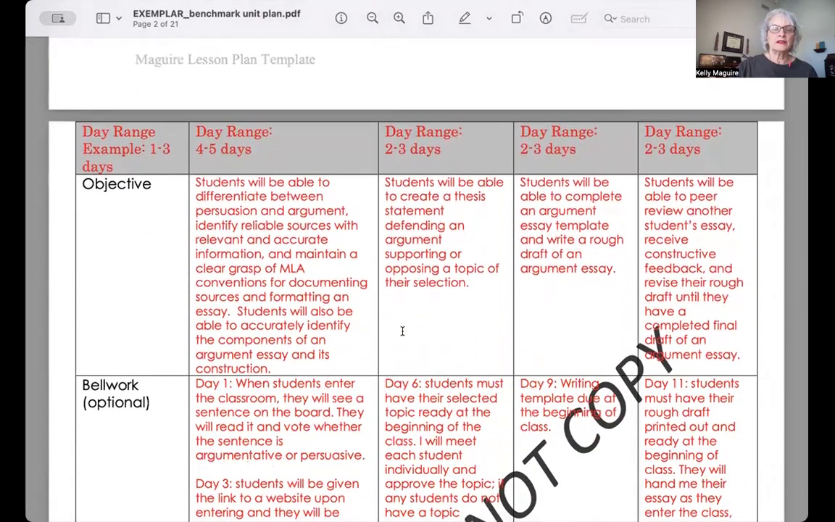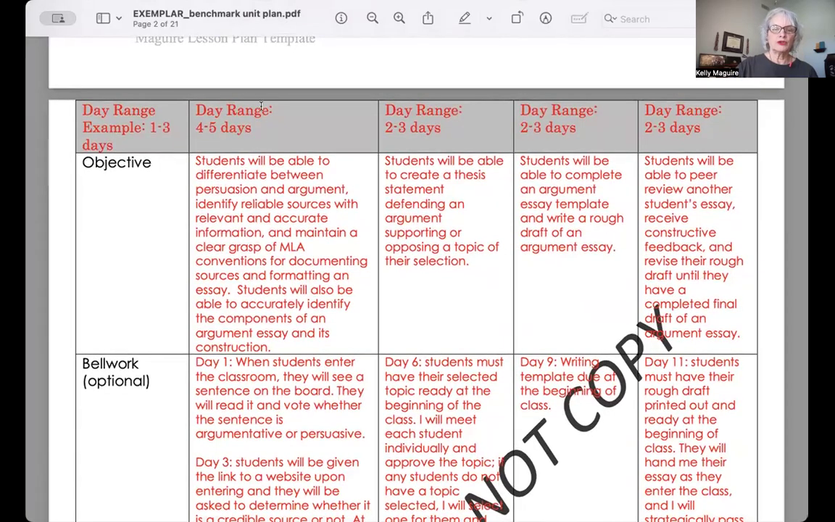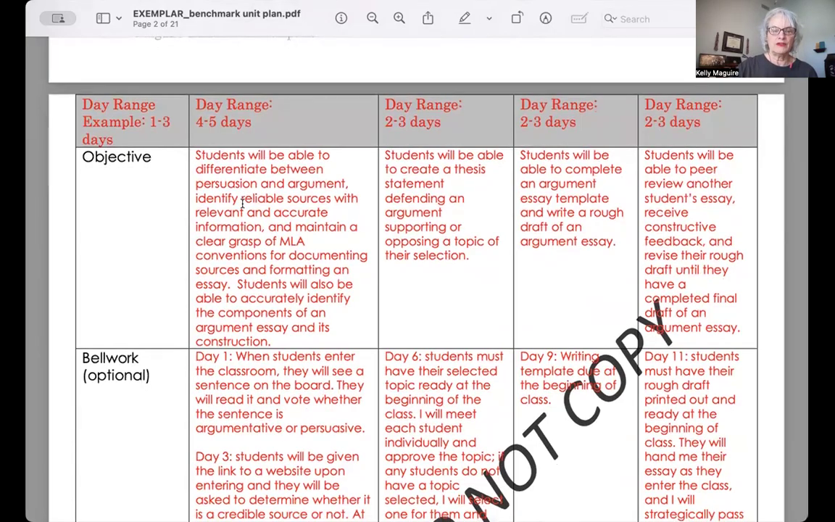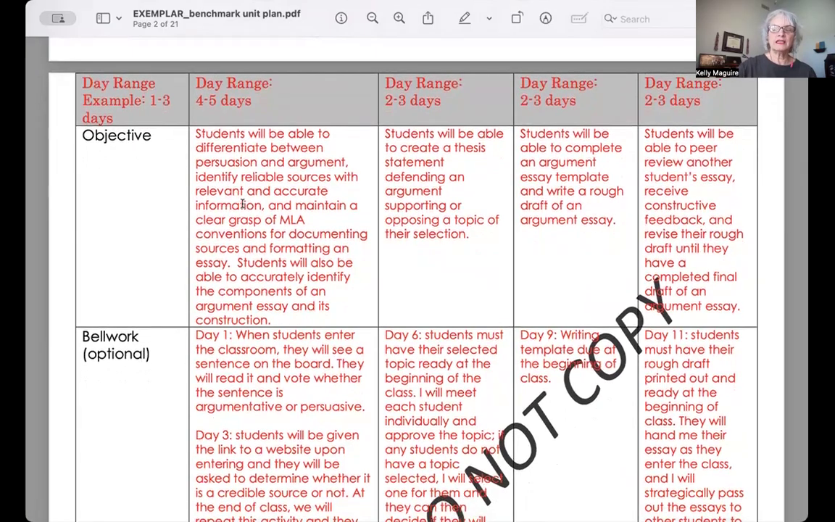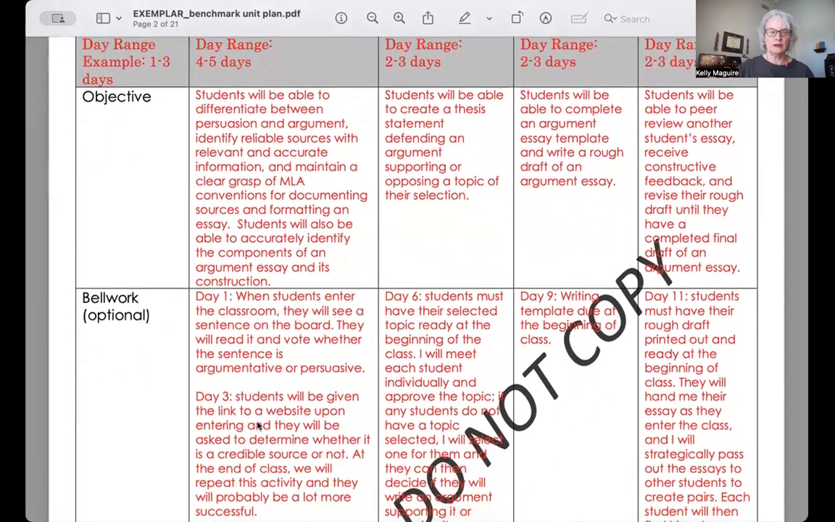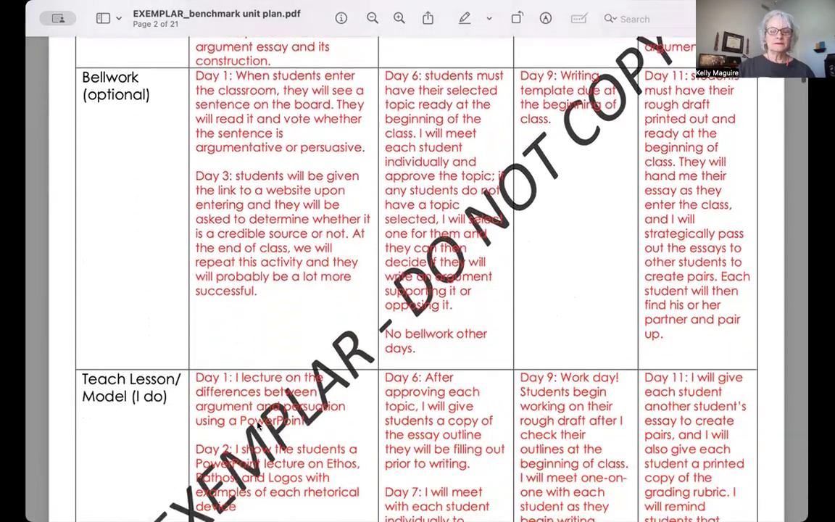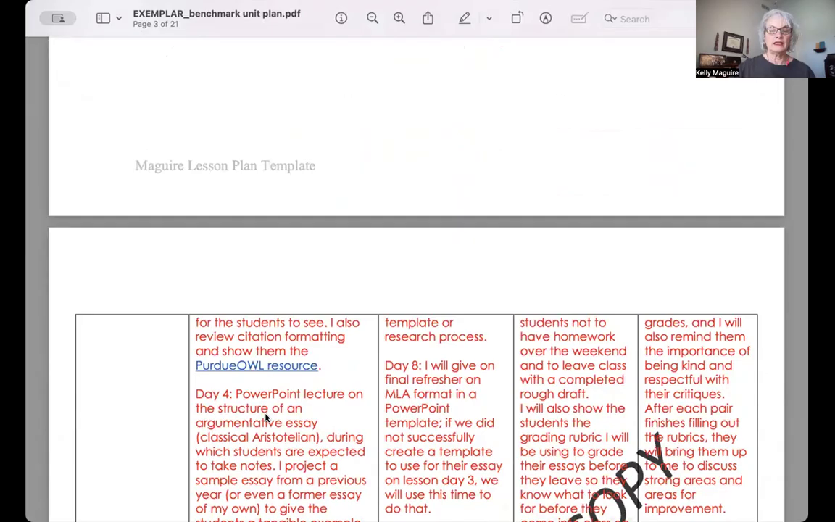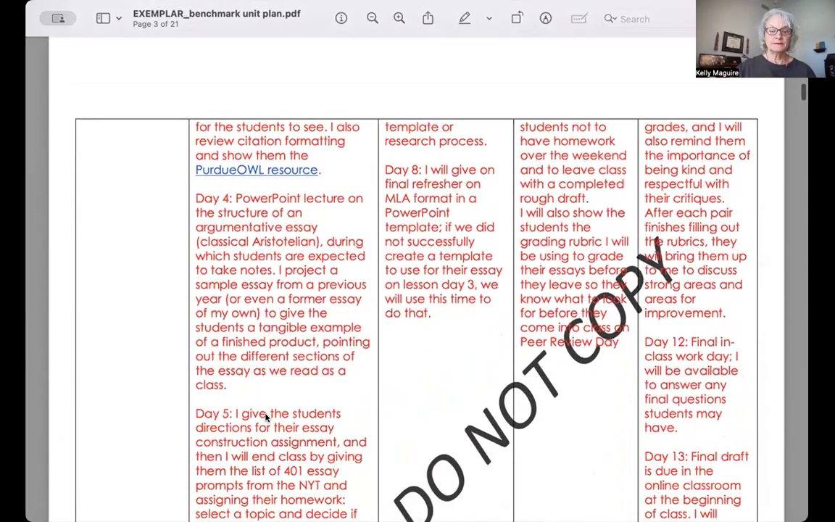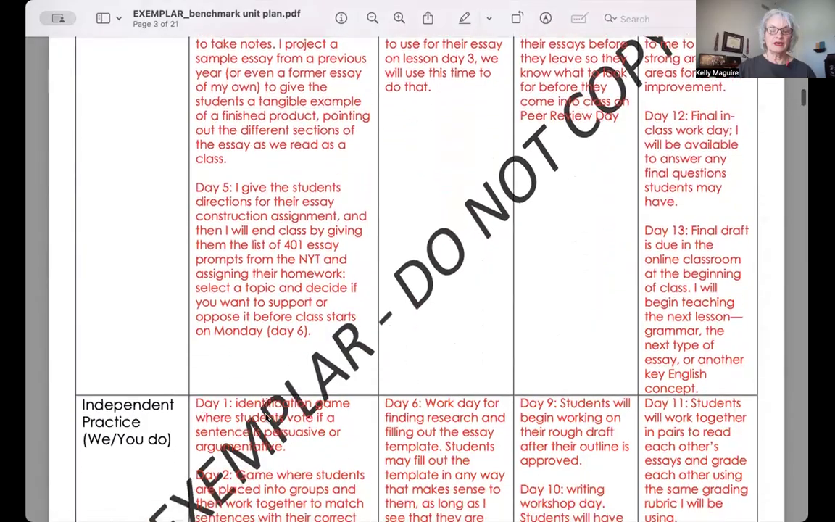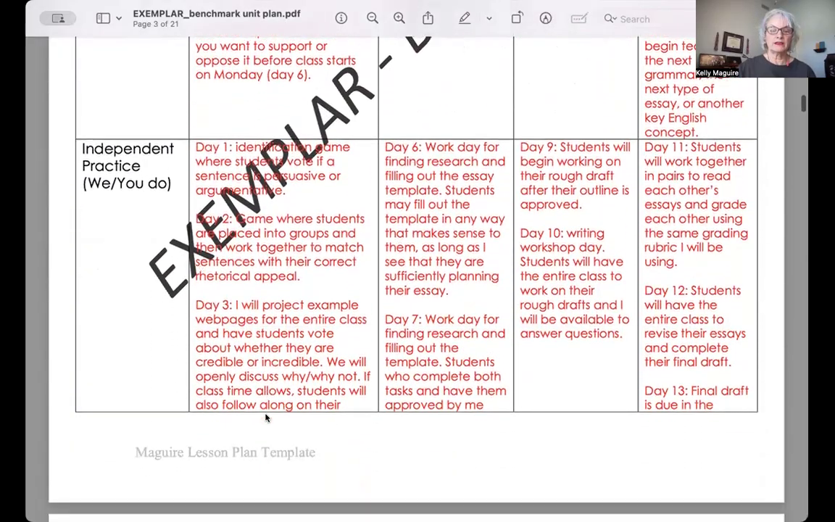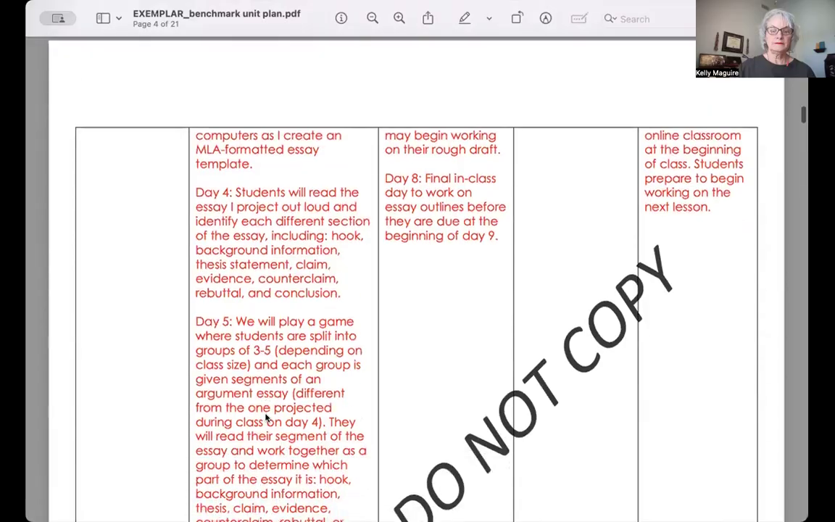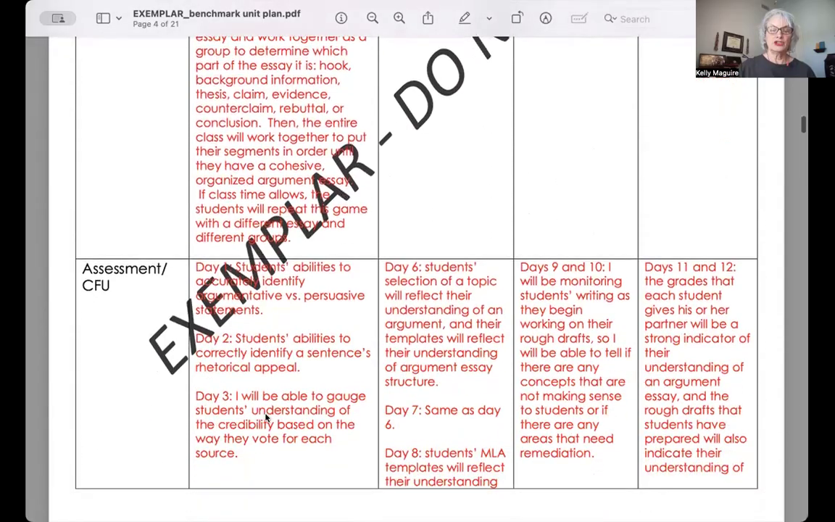Now you'll notice that this is for the argument. So this particular pre-service teacher is saying that this particular part of the assignment that she is doing is going to take 4 to 5 days. And again, everything's kind of going in a downward fashion. So I will be looking at it going down like this. They also put in a link, which is kind of nice. And then into the independent practice. Checks for understanding,